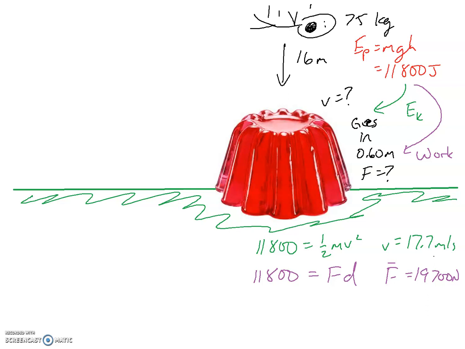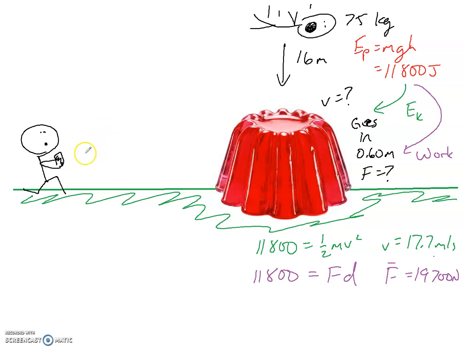So now let's build on this situation a little bit. Suppose this 75 kilogram skydiver has a buddy, and the buddy is coming along and is going to try and help by trying to catch the person. And for some reason they don't notice the jello, but they are going to try and catch the person. And of course, they're not paying attention to where they're running, because they're looking up at their friend, and maybe they are also texting on their phone at the same time, so they have no idea that the jello